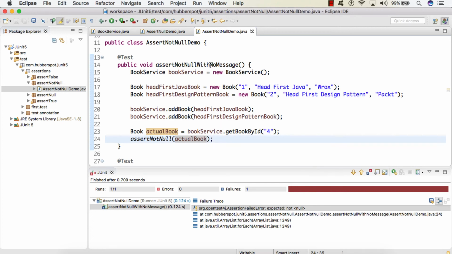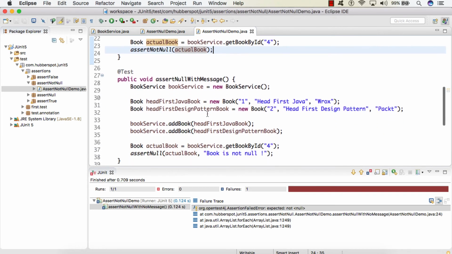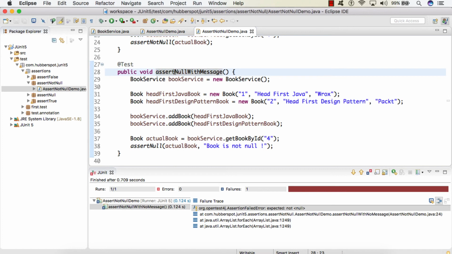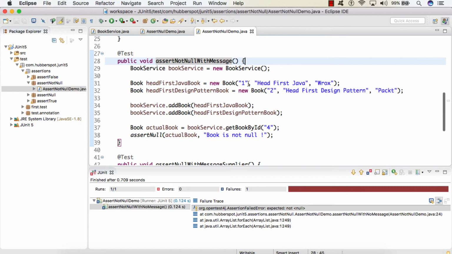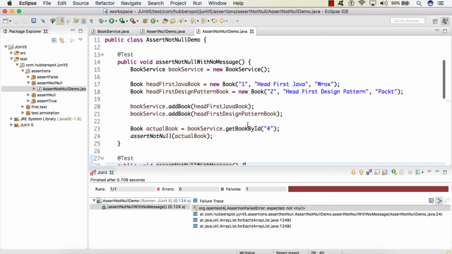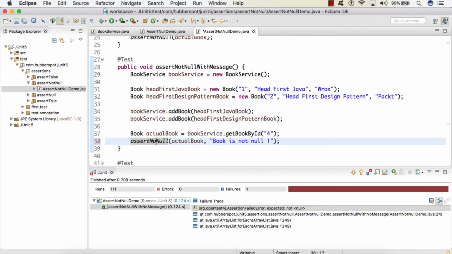So friend, this was the first overloaded method with no message. Now let's go to our second overloaded method, assertNotNull with message. Here the scenario is exactly the same as what we saw earlier. The only difference is we are providing a string message here. So if our test case fails, along with the AssertionFailedError, we will see our customized message that book is null. So if I run this test case,